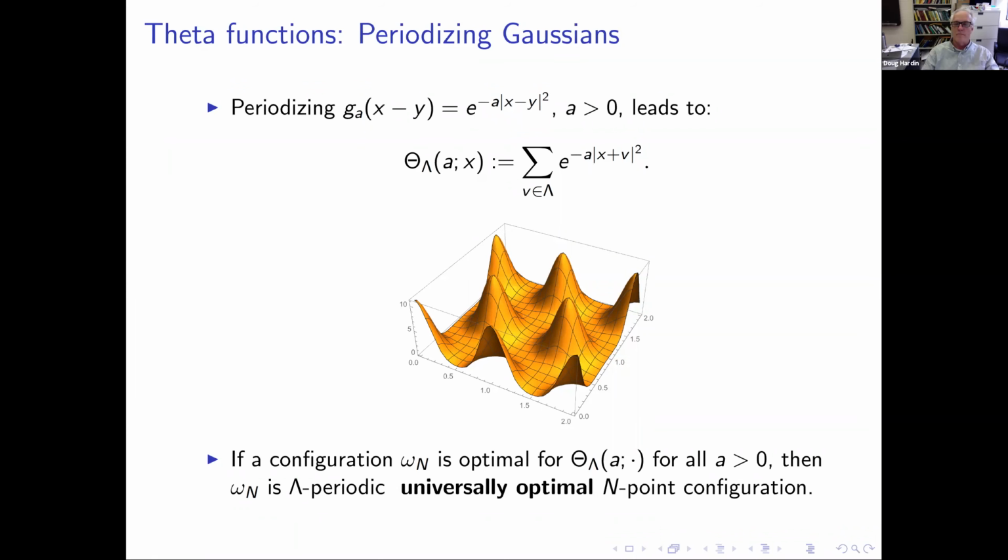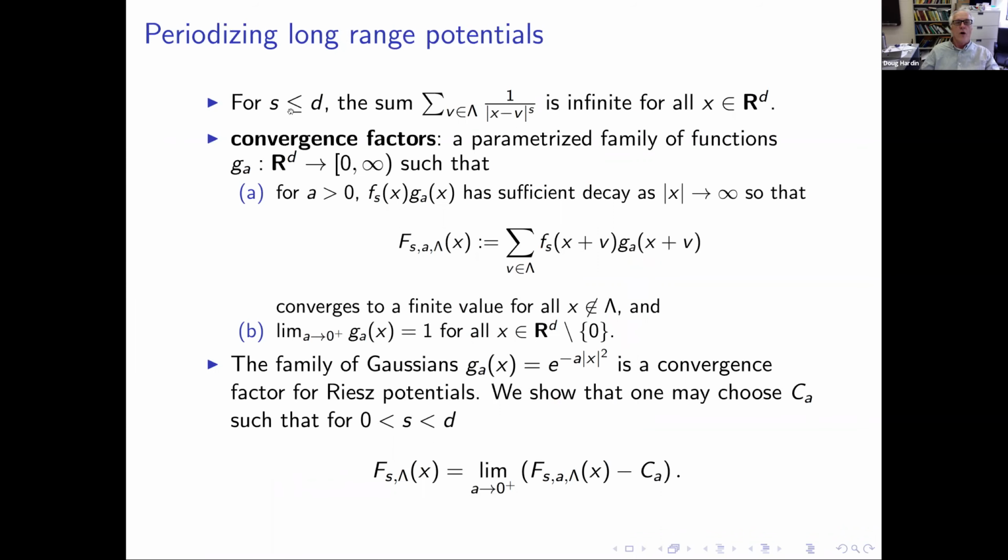Okay, so for S less than or equal to D, this is good. The main thing I wanted to mention here is that the periodization sum is infinite. So if you have charges at y plus lambda and put something at some x, then necessarily